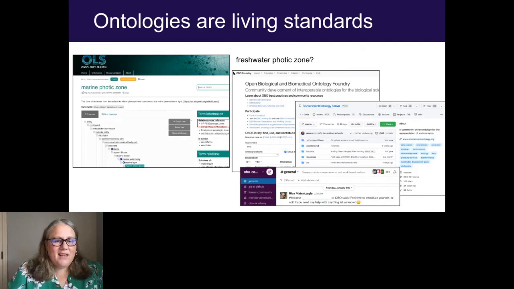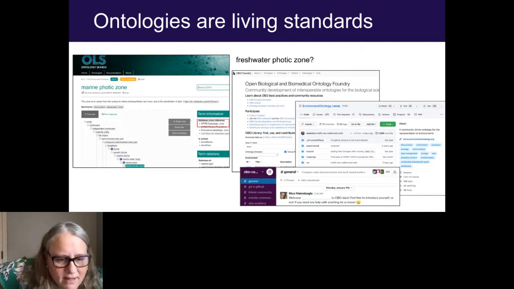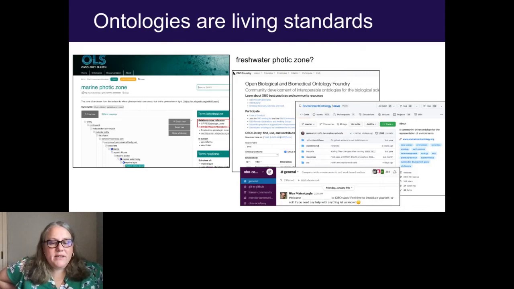So she doesn't see that in the ontology. She's looked around, and it's a little hard to see here, but in this square box, when she navigates down to the ontology, the marine photic zone, she sees that it's mapped directly to a Spire term for epipelagic zone. And so there is some knowledge in this ontology that those epipelagic zones exist, but she would have